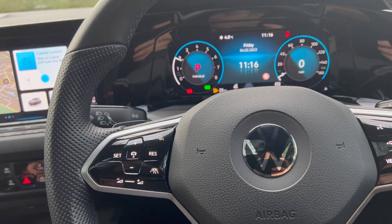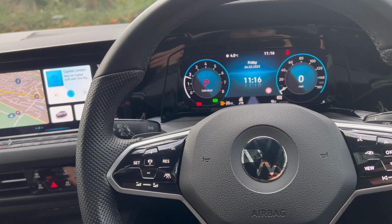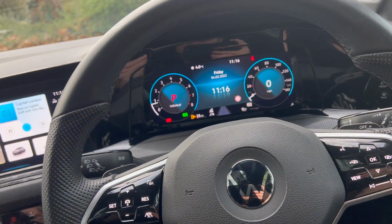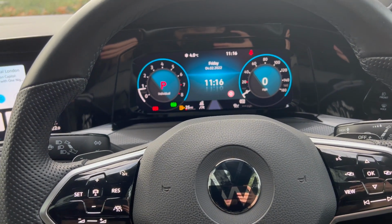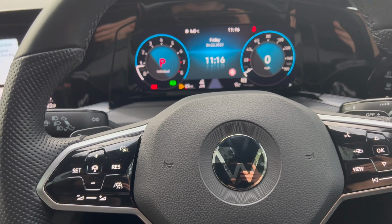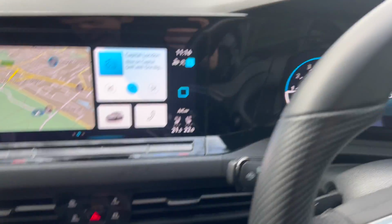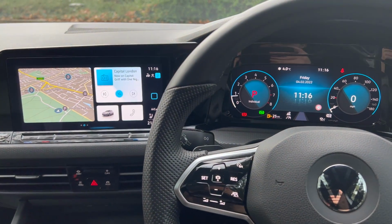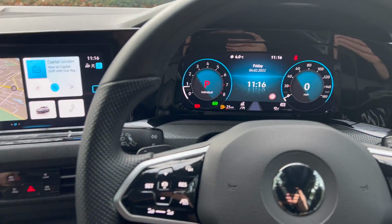You know you've got that little extra power. You know you've got a little bit of exhaust on it, and it just does sound really, really nice to drive, especially when you put your foot down on a motorway or whatever and pull away. It doesn't lack power at all, this car, and honestly, it's been lovely to get a hold of and have a drive for a bit. I think the Golf R would be a step up, obviously, but unfortunately I couldn't get into one of them. So yeah, that has been the 5 things I've loved about this Golf GTI, and I'm going to add one